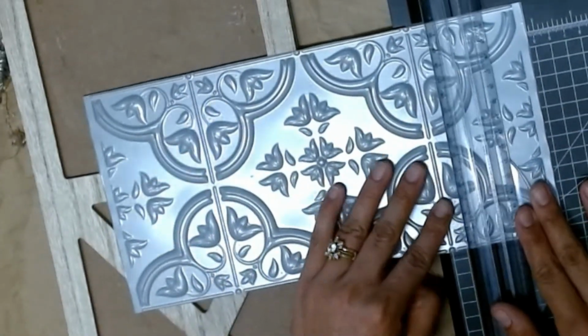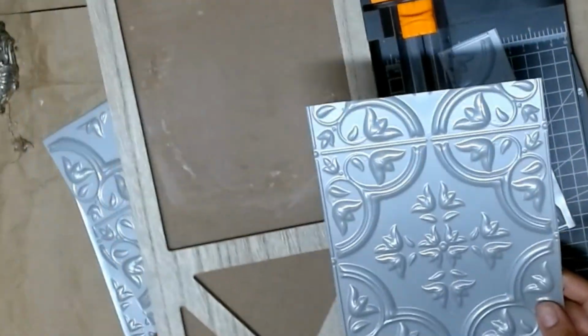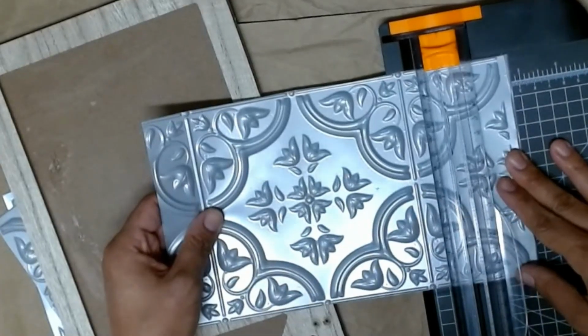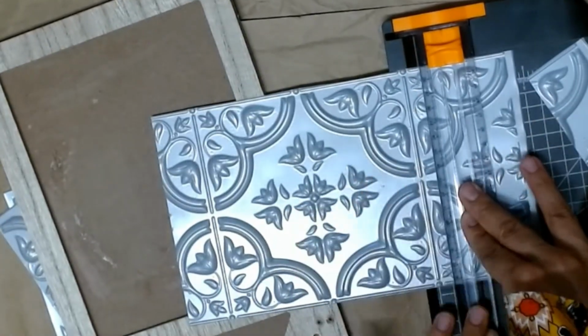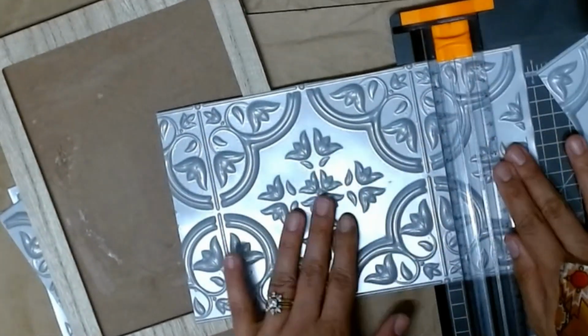So now I decided to use my paper cutter. I got this on Amazon. It's very handy. It's for paper crafting, but I figured it would help me make a nice straight line because I'm straight line challenged. Can I get an amen? All right, so I'm gonna go ahead and cut this